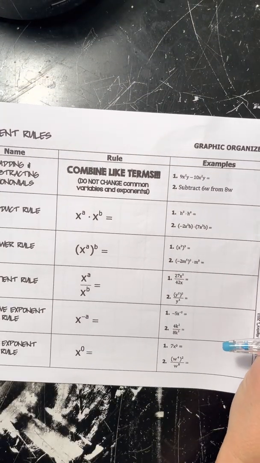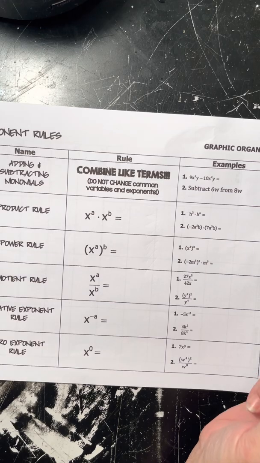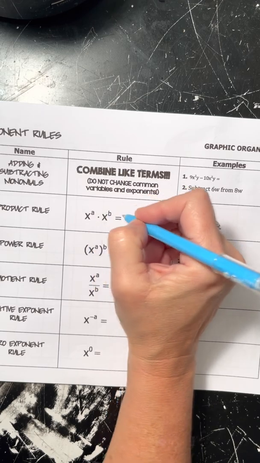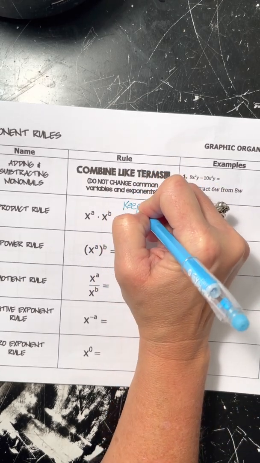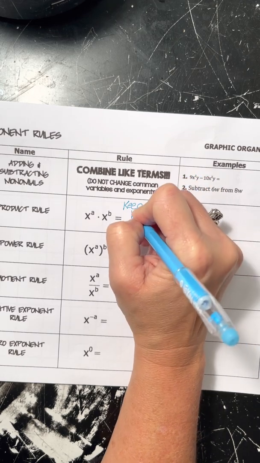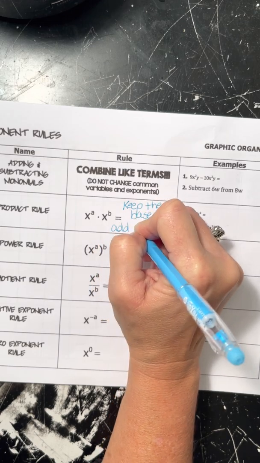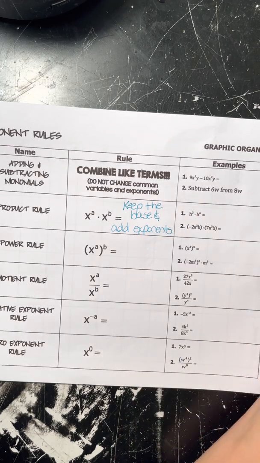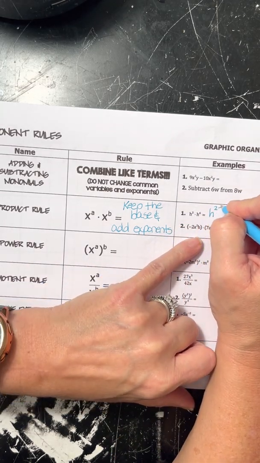All right, so coming to this. This is pretty much all of them. So the product rule for multiplying like bases: we keep the base and add the exponents. So this would be h to the 2 plus 6,